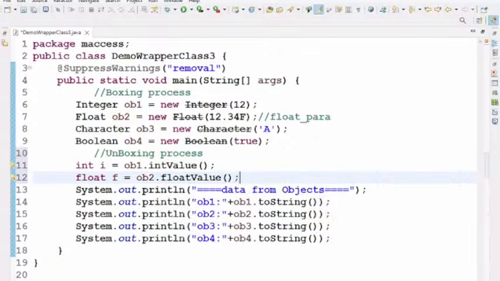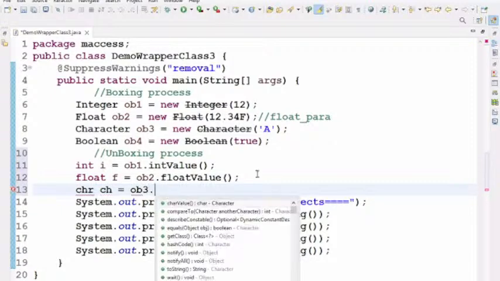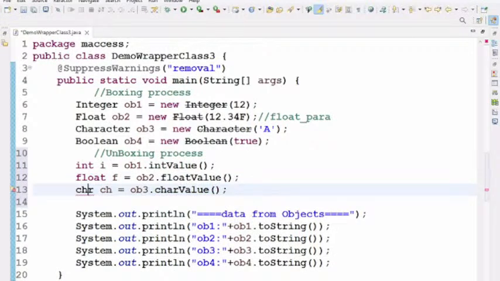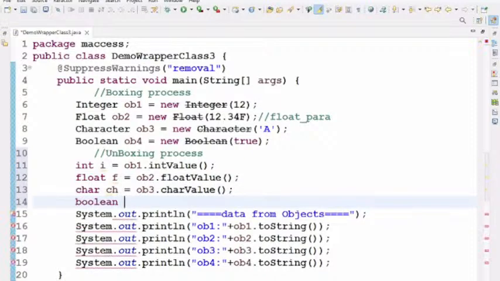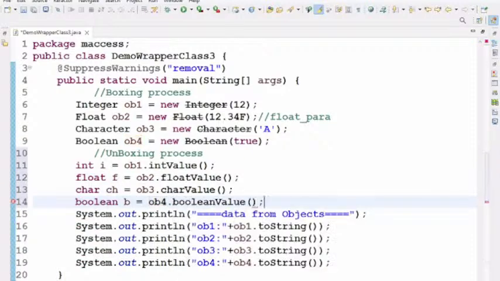I am taking the char value: char ch = ob3.charValue(); boolean b = ob4.booleanValue();